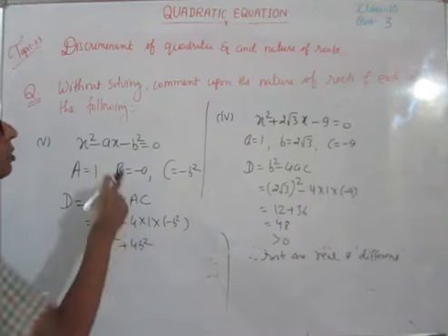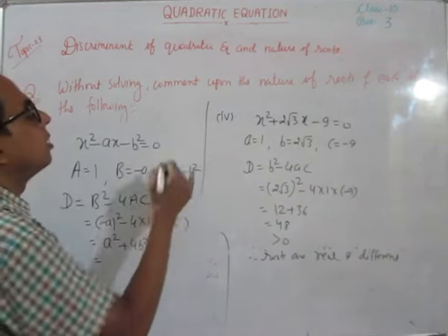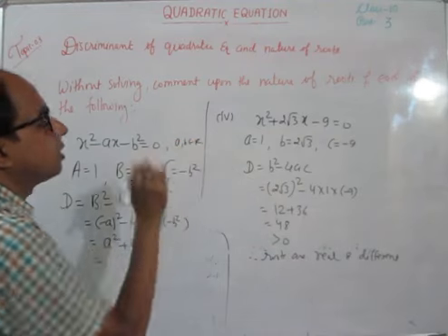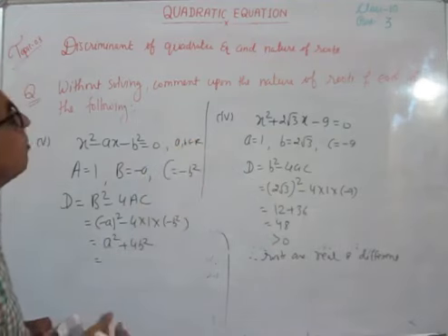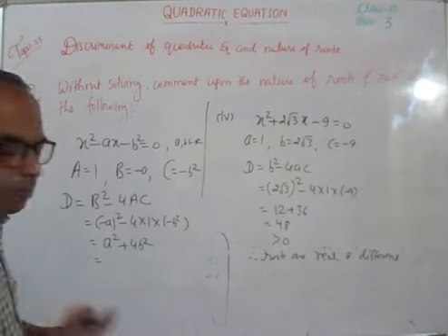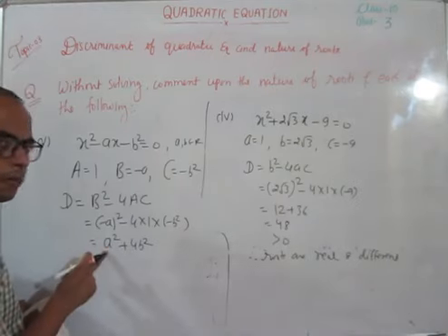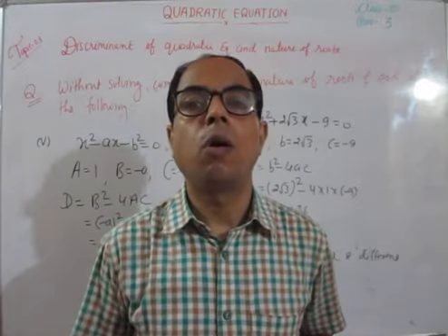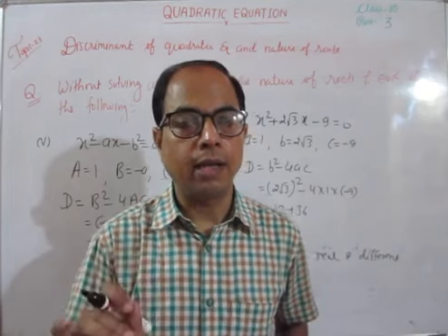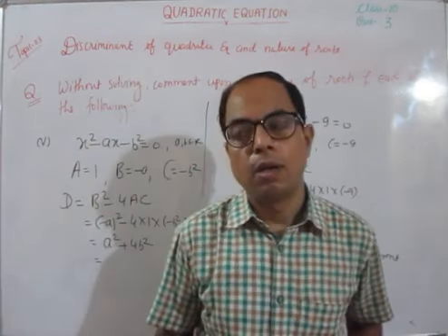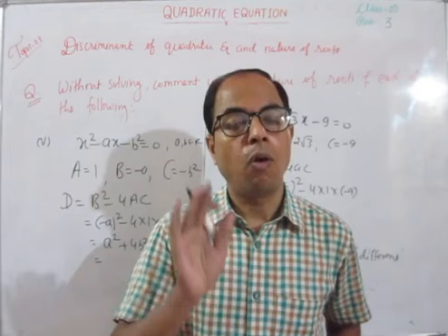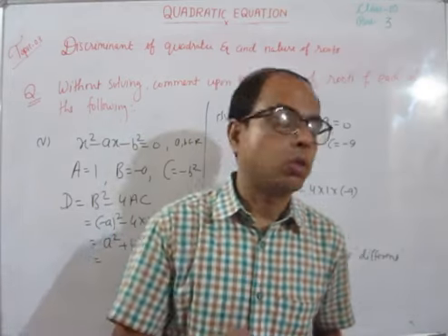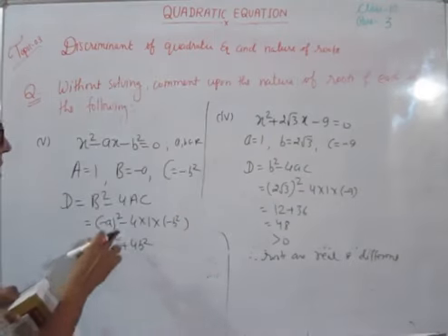Clear? Here in the question it is not given that a and b are real numbers. By default they are real numbers. If nothing is said, it means by default these are real numbers. And what is the characteristic of a real number? Square of a real number is always a positive number. This is an important property of real numbers. So a is a real number, so its square will be a positive number.